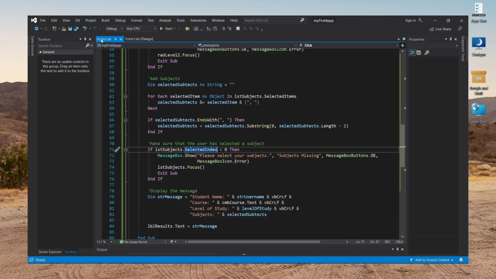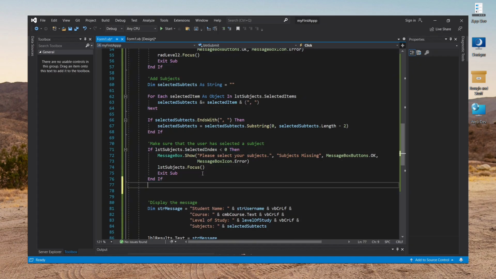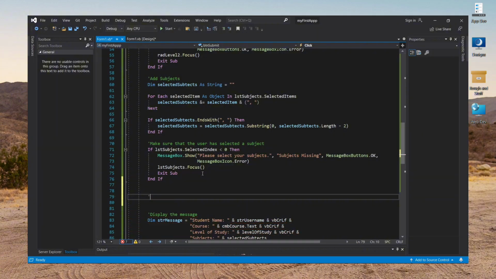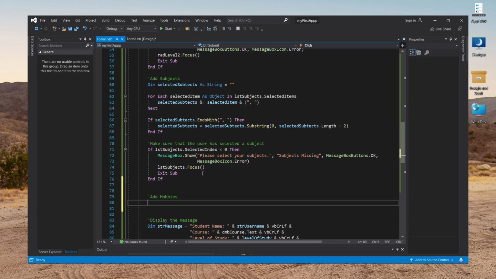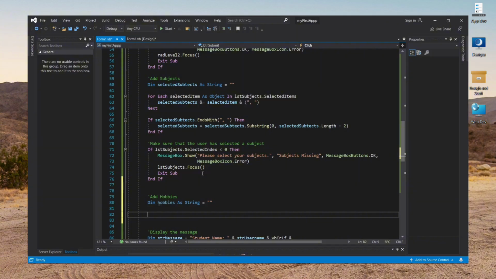hobbies. We're gonna use if statements here. So how are we gonna do that? Let's add hobbies. Okay, we're gonna start by declaring a hobby variable. Hobbies variable is a string and give it nothing. And then if the first checkbox is checked,